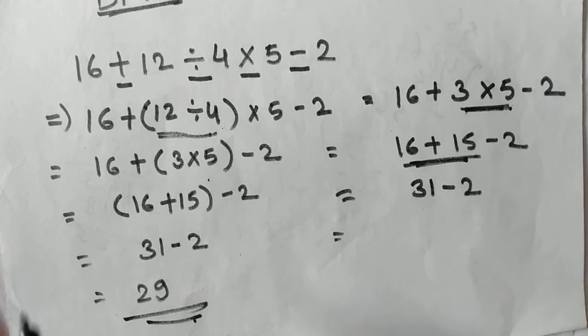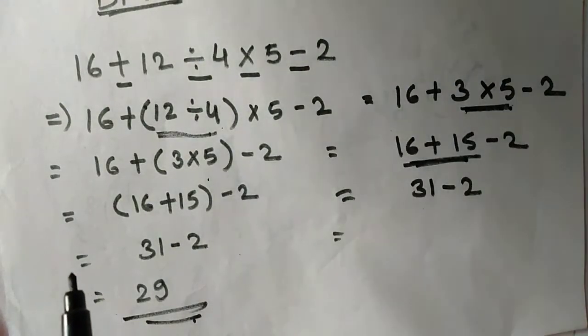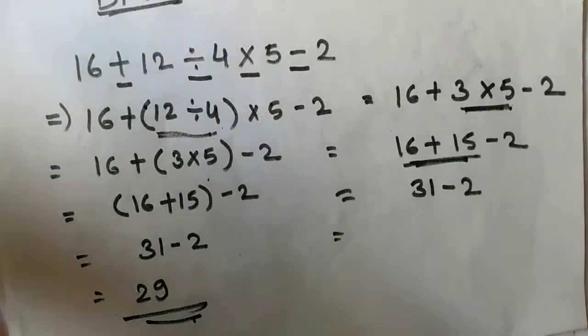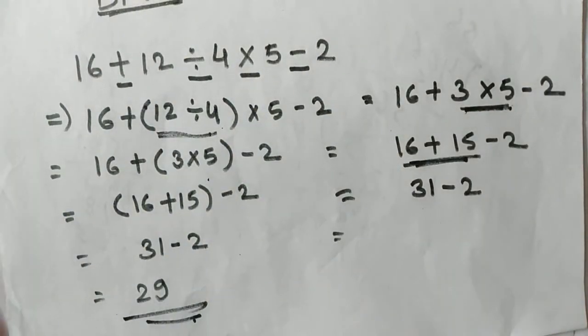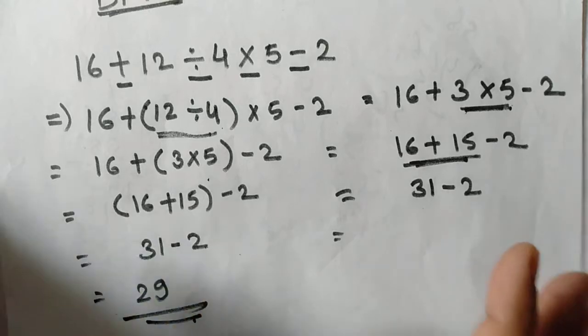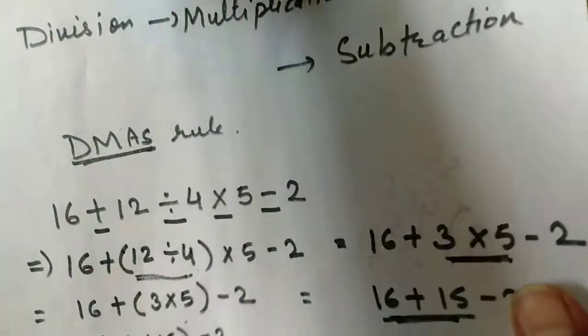Now we will take the next type, that is the bracket type. In simplification, if you are getting many brackets, when brackets are present in a problem, how do you simplify it? We have to follow rules there also, a few rules. And children, remember, you will get 3 kinds of brackets: round brackets, curly brackets, and square brackets. Now we will see what a round bracket is.